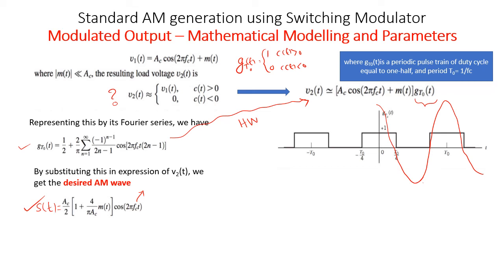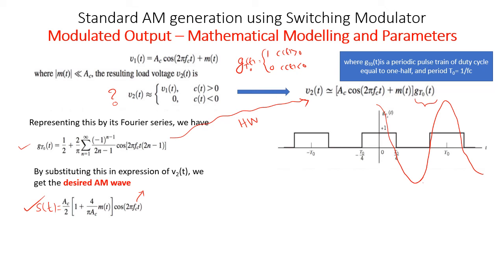2w will be nothing but twice the maximum frequency content in the message. So we can always do that. What you should keep in mind is that v of t as such is not our desired AM wave. Only a part of v of t, which is given by this expression, is our desired AM wave. How to get that, I have given as a homework. In the next live session we'll start by discussing this homework, so I request everyone to try this out.